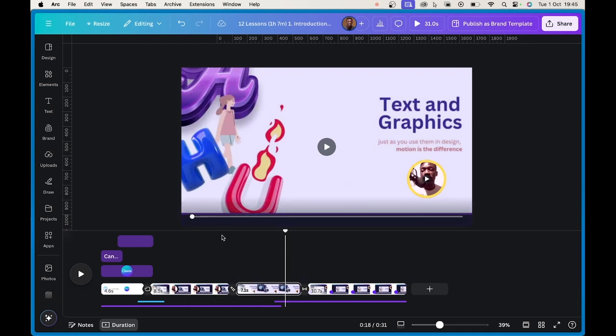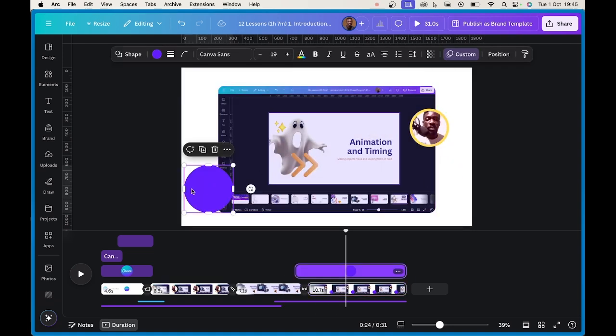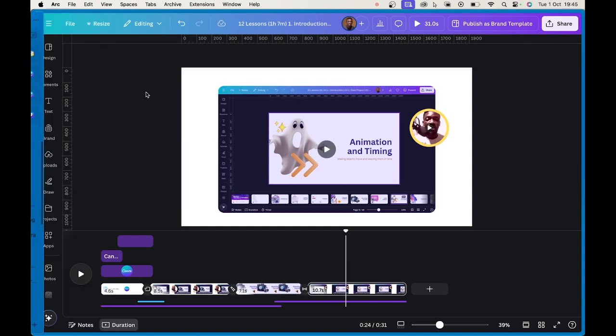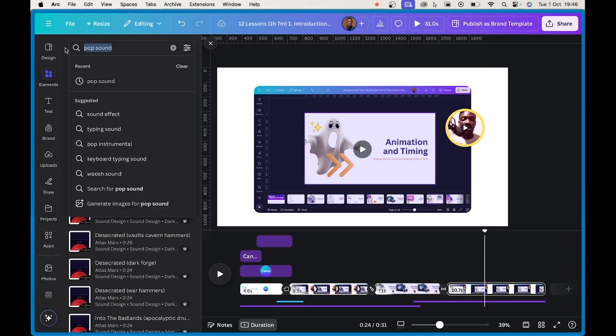Actually, a use case for this would be, for instance, maybe I'm calling attention to something, and I want to add a font effect to what I'm saying. I could have something bounce across. Let's delete this, and maybe I'm saying something funny. At that point, I can look for